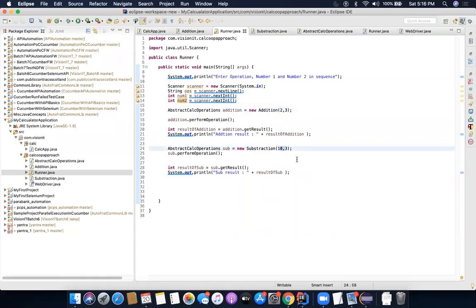I'm not interested in subtraction. All I need is that based on my commands of number one, number two and operation, it should perform the operations. So I would need to make a few changes here. I'll just do it immediately and keep explaining what I'm doing and why I'm doing it.